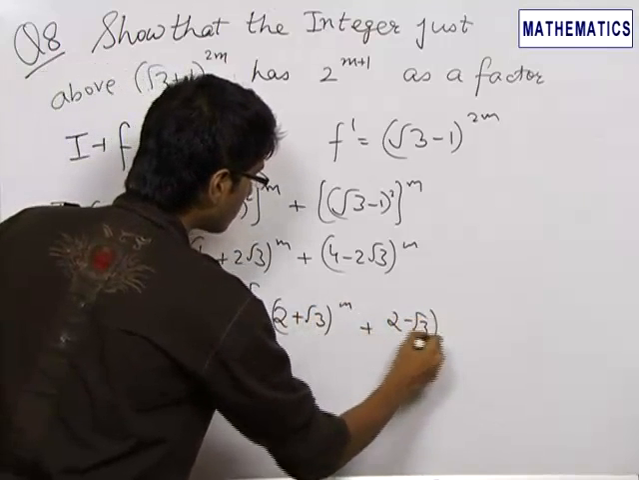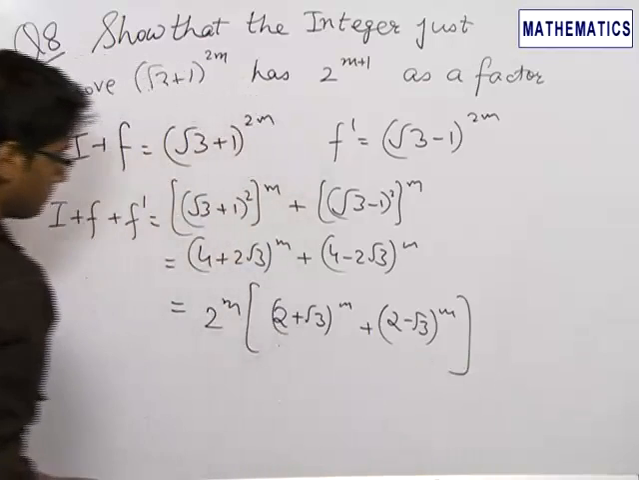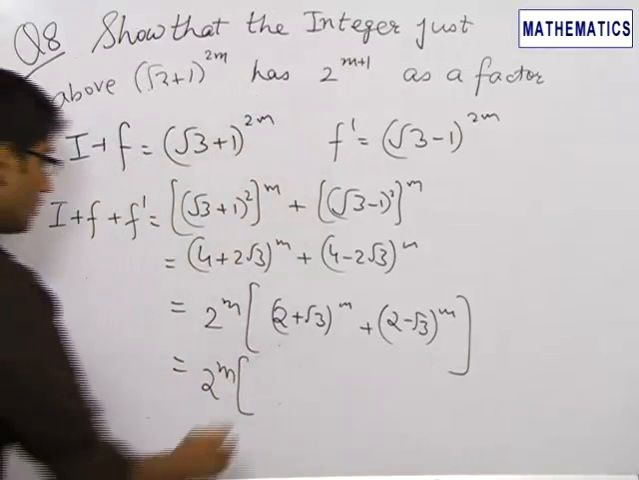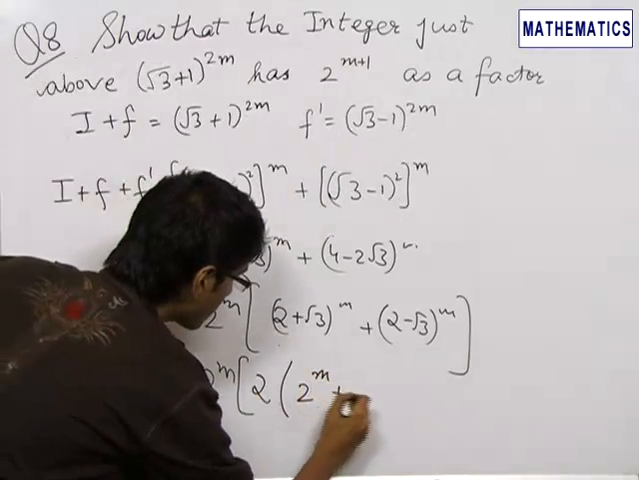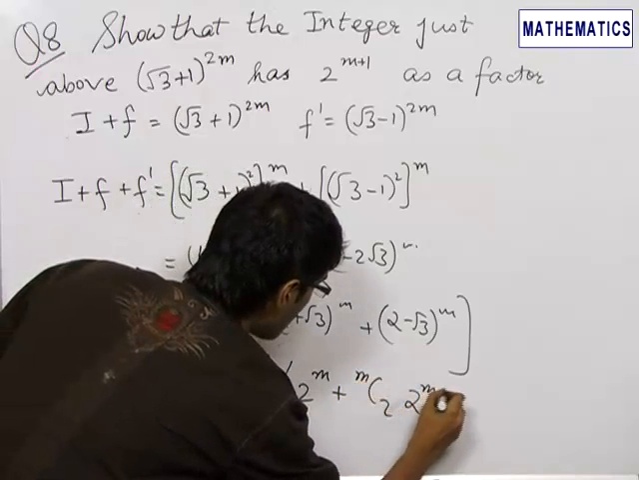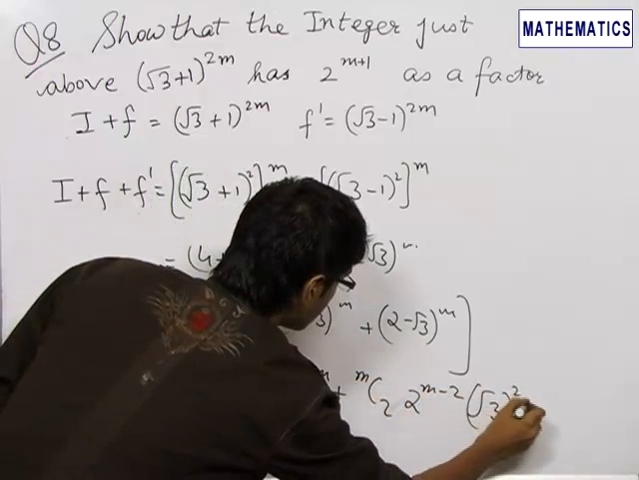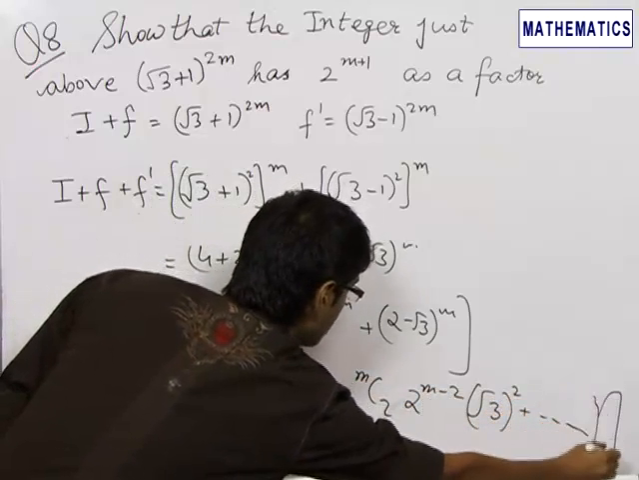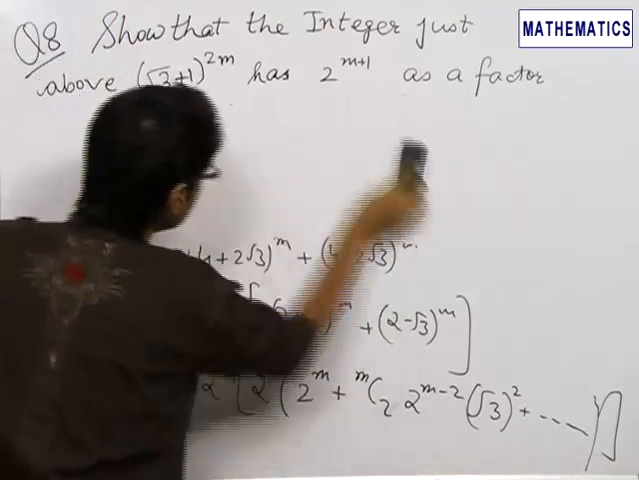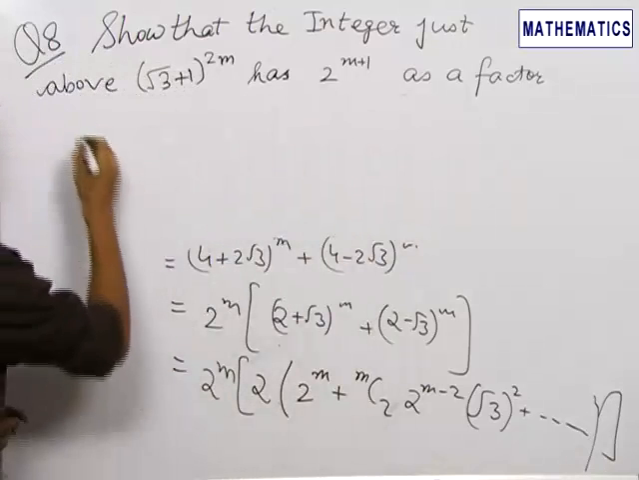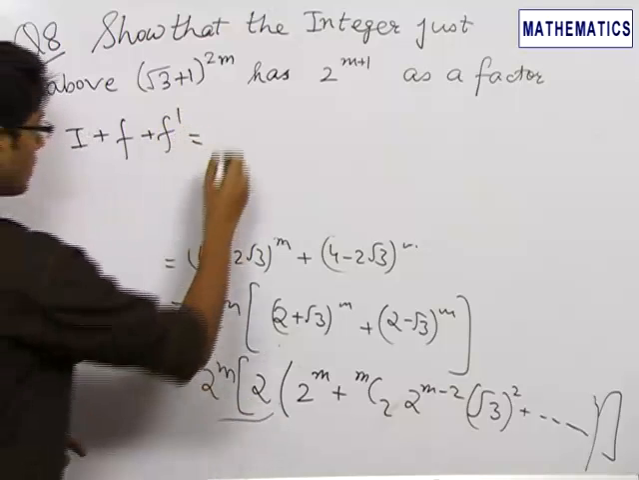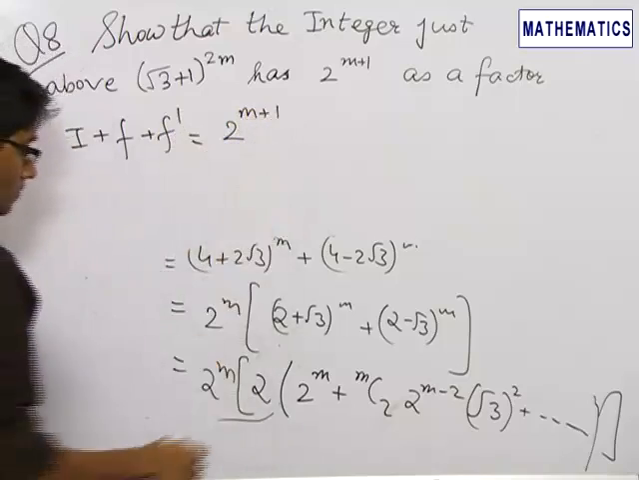plus (2 - √3)^m. On solving this, we'll get 2 times 2^m, plus mC2 times 2^(m-2) times (2√3)^2, and writing the other terms in a similar fashion. So now what we need to do is, I plus f plus f' becomes 2 into 2^m, which is 2^(m+1), and we know that